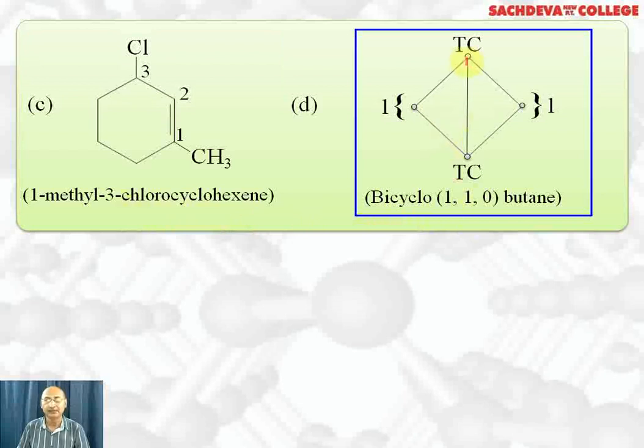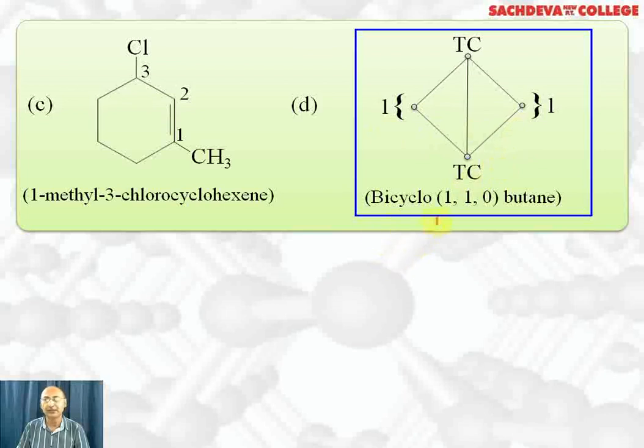This is the naming of bicyclic compounds. In a bicyclic compound, this carbon and this carbon are called tertiary carbons. So if you stand at this bridge, this is a bridged carbon also. So you have to see on one side how many carbons are there. There is 1 carbon. On this side, there is 1 carbon. First, you will see the side where there are more carbon atoms and that you will write first. Here, on both sides, there are equal numbers of carbon atoms.